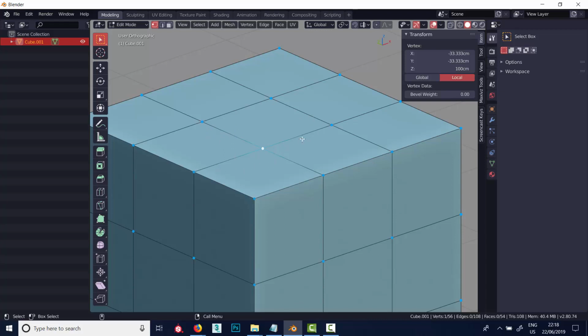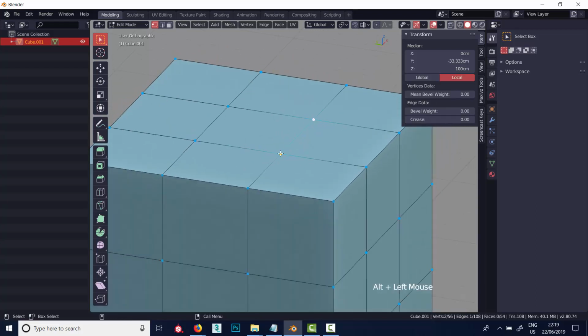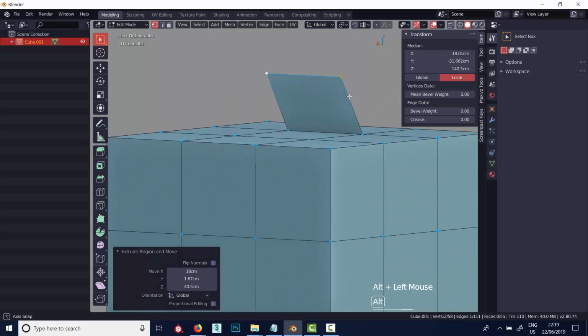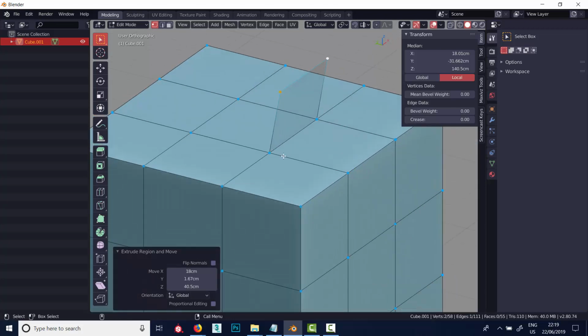Which means that it's connected. So if I select another one with shift clicking, you'll see now that the edge between them is highlighted, because both of these are connected by that edge. So now we can actually work on the edge as well as the verts. So if I press E to extrude, you'll see that it's actually extruded a face, which is obviously strange for